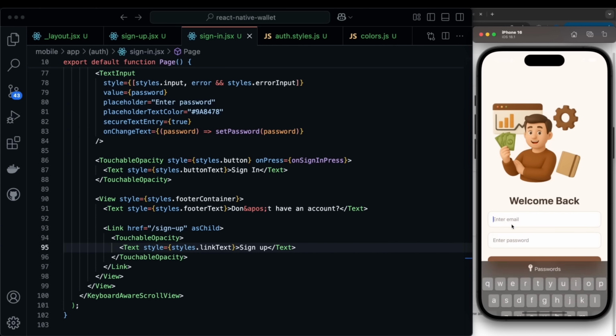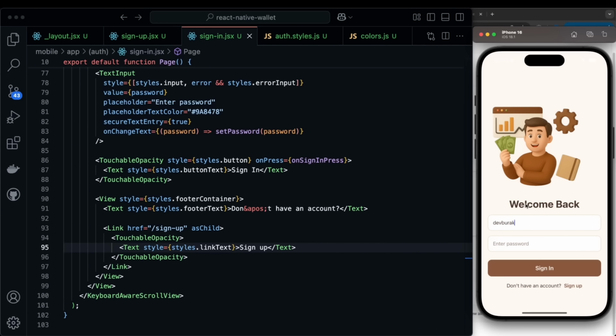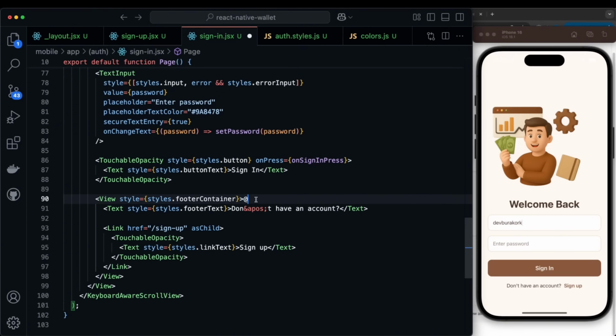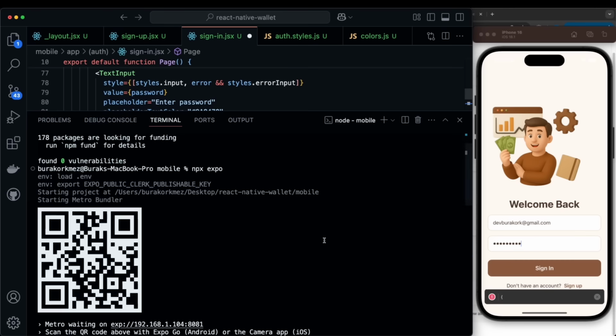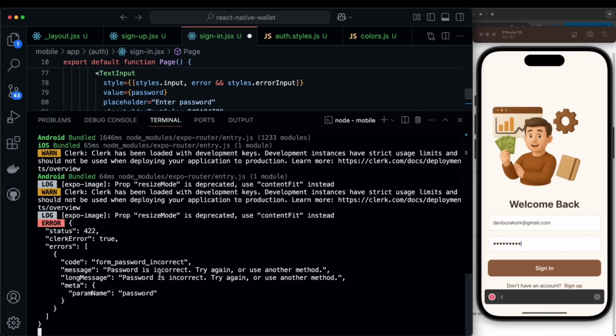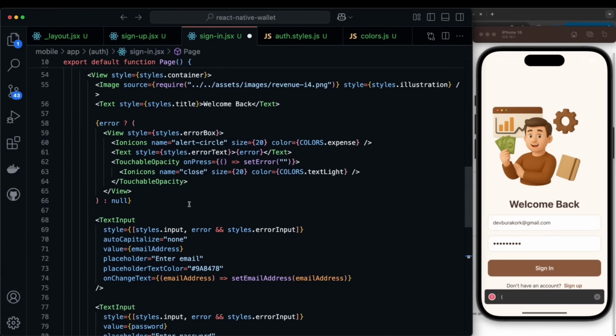Let's try to sign in with the account that we have created. I'll just kill the keyboard so that I can type this out pretty quickly. For some reason, I cannot add the at symbol, so I'll do it this way, copy and paste. Now, let's put the wrong password actually. So I'll put the wrong one. Let's see. Okay, it says password is incorrect, but I think we cannot see it because in the function, we didn't really